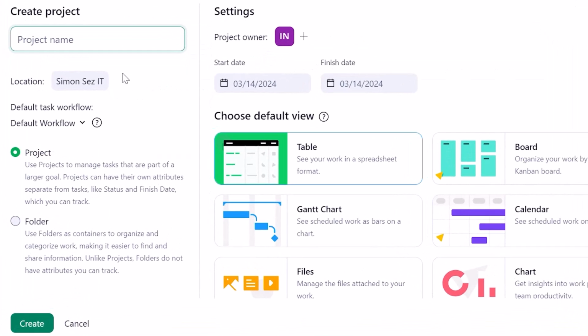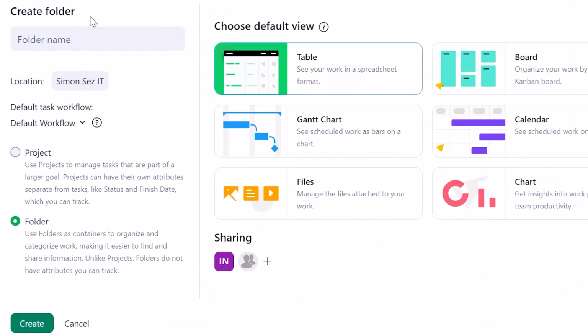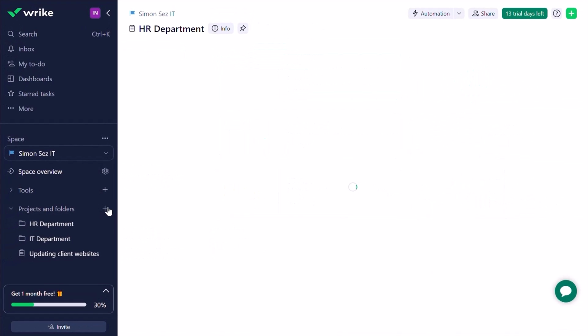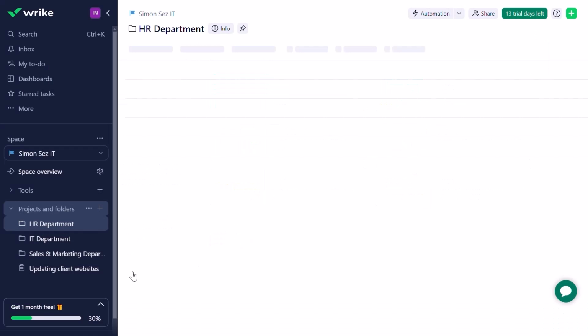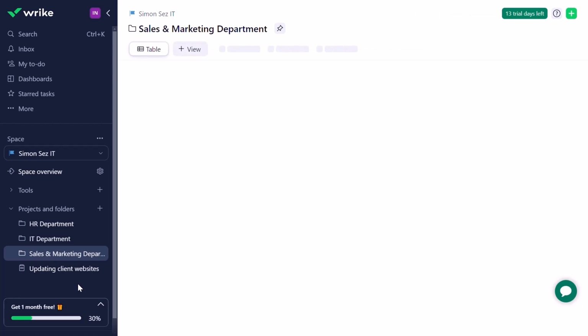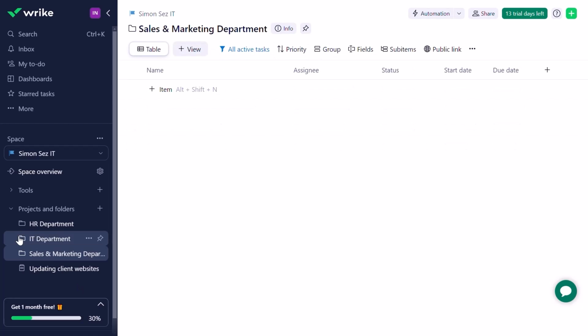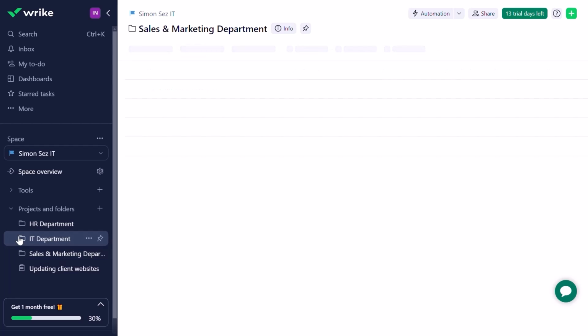Let's add the HR department. Again, click on folder, not the project. So once again, you choose the option for folder. Let's add sales and marketing as well. Now, once I'm done with all of this, maybe I could have created another folder called department and placed all of these inside it. Or, for these folders, I can come onto this IT department